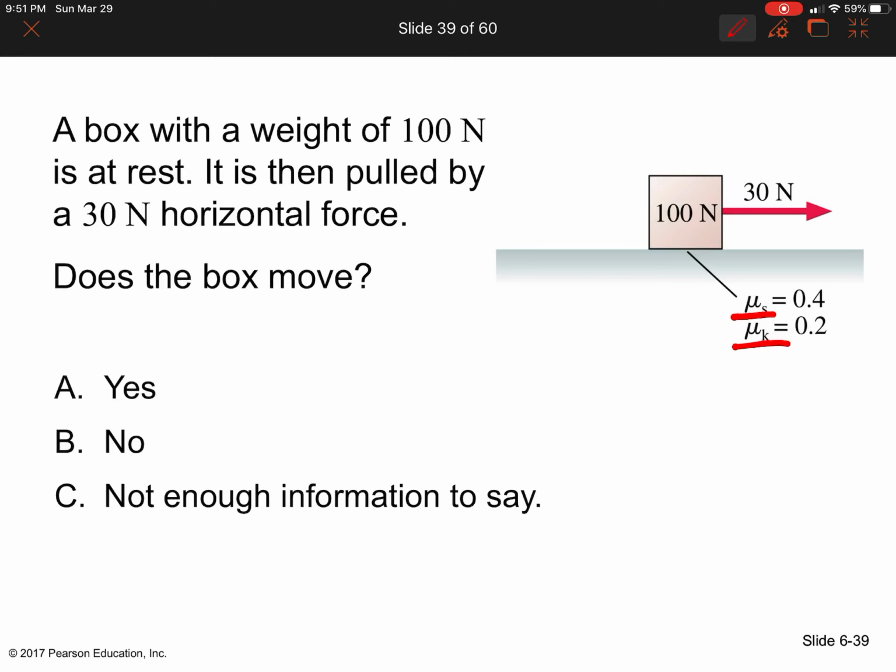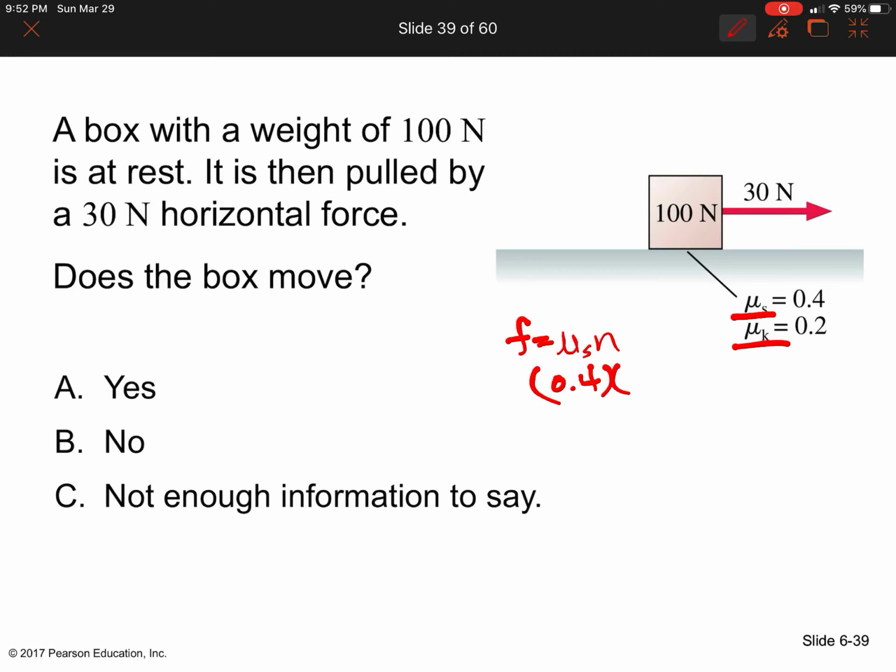Well, before we can really get into the kinetic friction, we need to see if it can go past the static friction. If it's moving, then we can start messing with kinetic friction. But at this point, we need to see if it can even move with 30 newtons of force. So we have to use our equation that we just got. So we have our coefficient for static friction here of 0.4